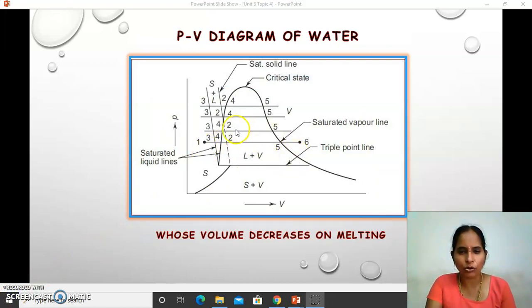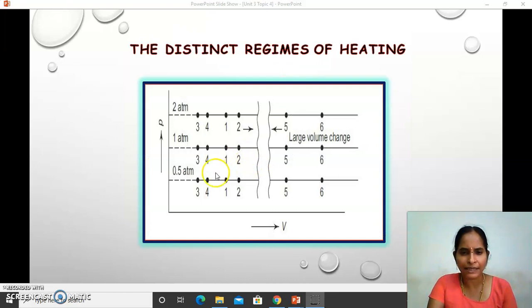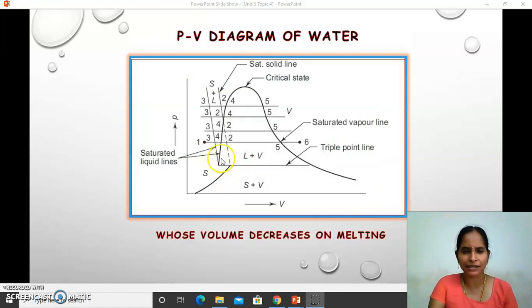Now again, as I told, the vapor dome is formed by joining all the same state points in a single line. All the state 1 points at various pressures are joined together, all the 2 points, all the 3 points, all the state 4 points. The coinciding states have been joined by lines, so that you get this dome. This vapor dome consists of the state 4 points joined together at various pressures, that is, this is the saturated liquid.